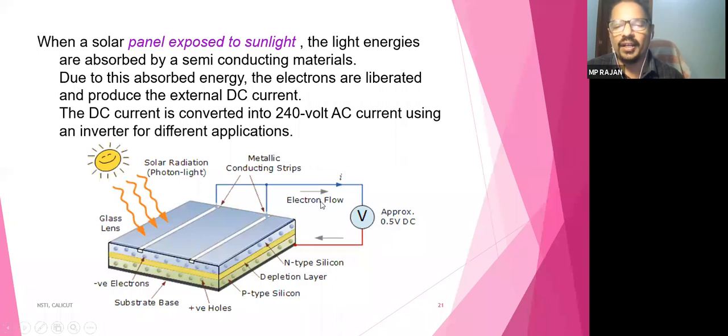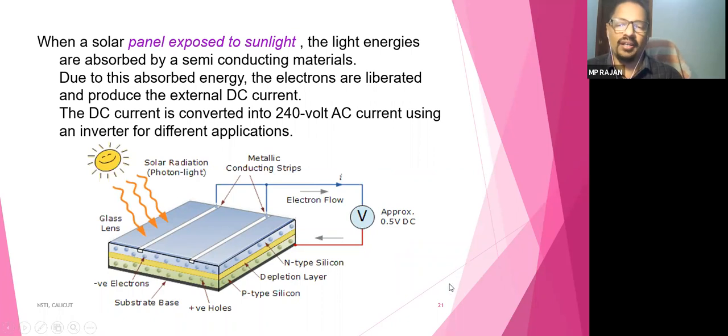If you increase the area of the solar cell, what happens? Even though you are increasing the solar cell, your voltage will be the same. So there won't be any change. Irrespective of the size of the solar cell, your voltage generation is 0.5 to 0.6. But if you increase the area, more electrons will be conducted, and more electrons means more current. So if you increase the size of the semiconductor device, you can increase the current and the voltage will remain the same.